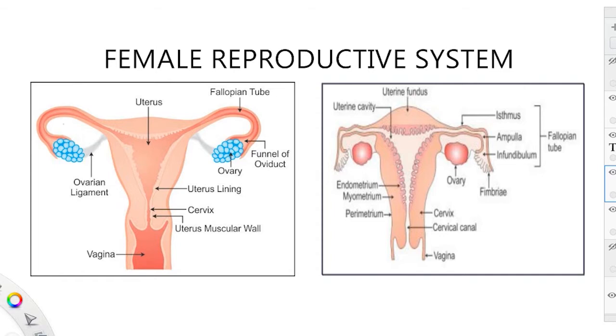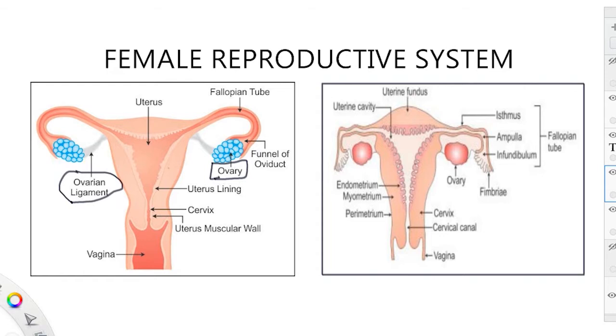First of all, we will try to understand the two diagrams that are there on your screens. Actually, the two diagrams are the same, they differ in the complexity level. So we will deal with both diagrams one by one. Starting with the female main or primary reproductive organ, it is this ovary. Although it is written ovarian ligament, that is the second thing. The primary sex organ within the females is this ovary part.